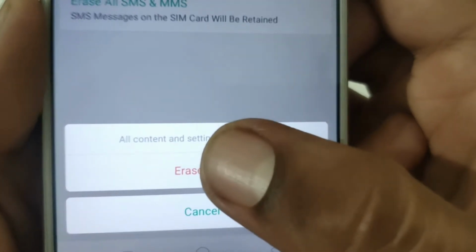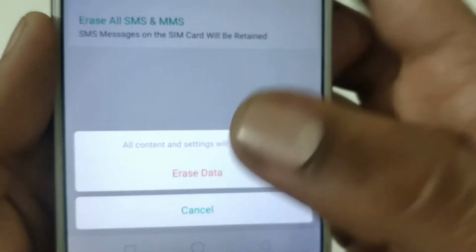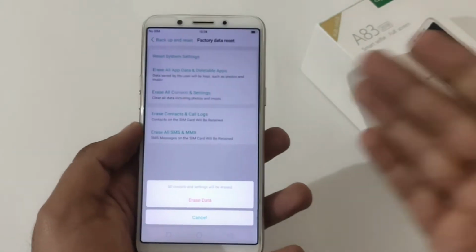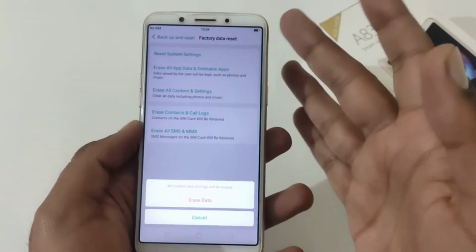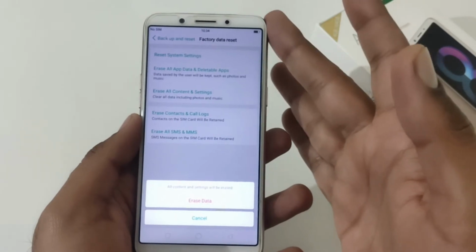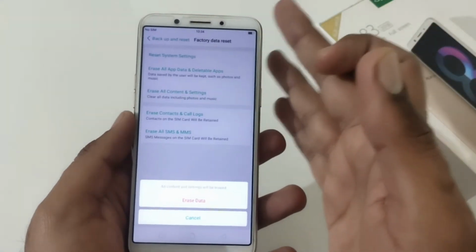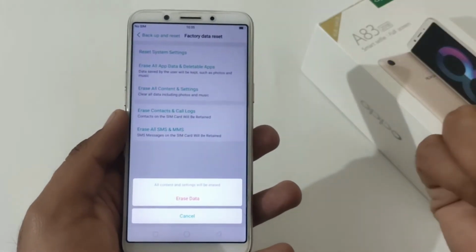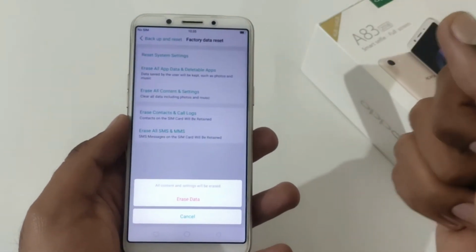If you are pretty sure then you can tap it here, but before doing this I want to discuss a few things with a precautionary note. It will delete or wipe all the data on your internal storage, or on your phone, except the SD card. So firstly you have to take a backup either to an SD card or to a PC or laptop before performing this process.